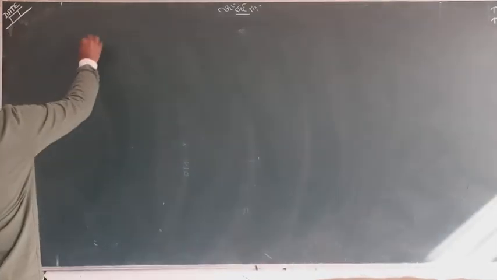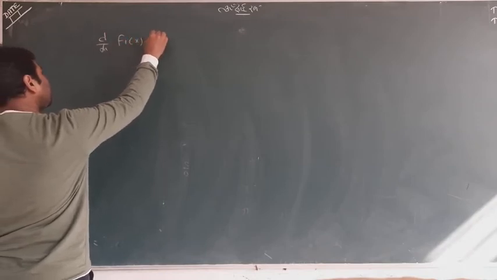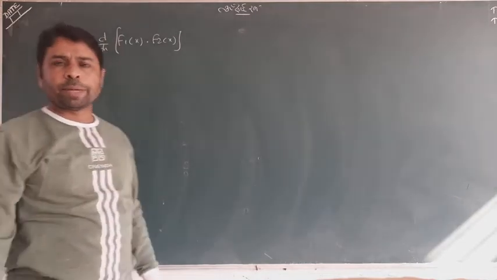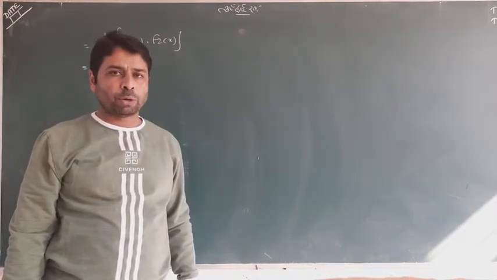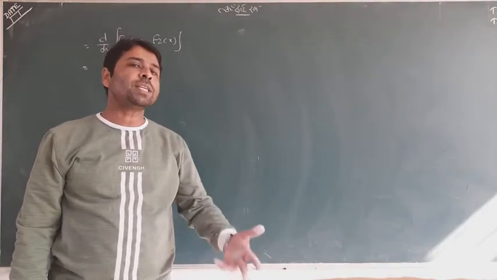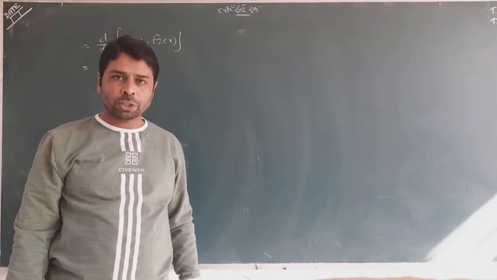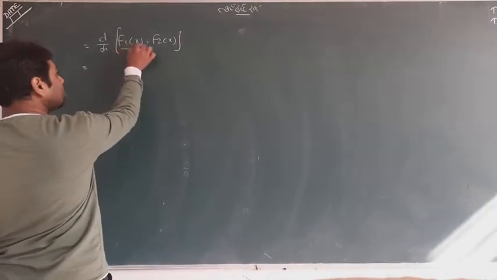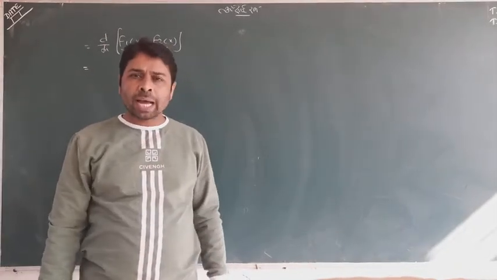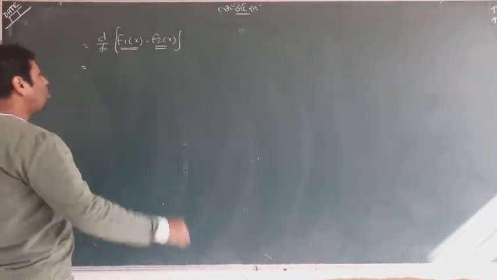But look at this question: d by dx of, suppose two functions are coming in multiplication. Only two functions I am talking about, not three, not four. If two functions are coming together, then what is the differentiation of this? I am telling you by direct formula, not by any special derivation. Remember, this is my first function and this is my second function. You can also swap them; it doesn't matter at all. So what is the answer?